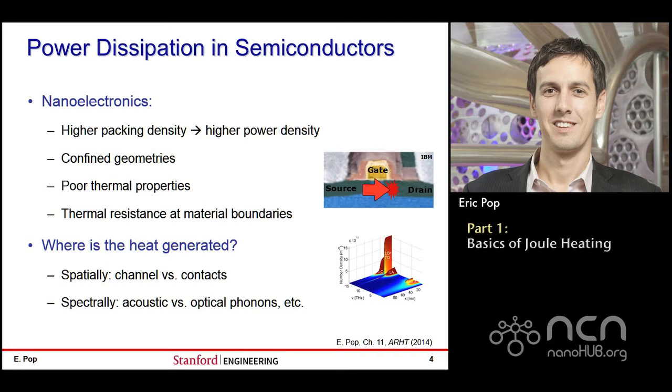First of all, why are we interested in this topic? Certainly we understand that power dissipation is a major concern in semiconductor electronics. Higher packing density, of course, of devices and transistors has led to higher power density, as high as, if not greater than, about 100 watts per square centimeter. Confined geometries, for example, in FinFETs or nanowire FETs, are, of course, a challenge. Some of these materials that are involved actually have poor thermal properties. Of course, SiO2 is a classic example of a material very much involved in the fabrication of devices and circuits with very poor thermal properties, I should add.